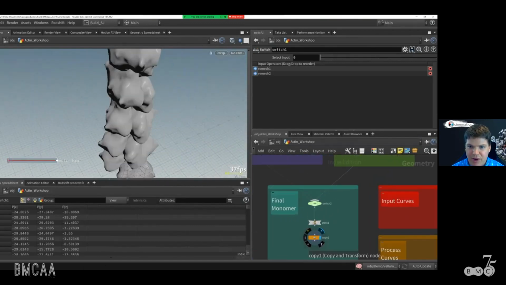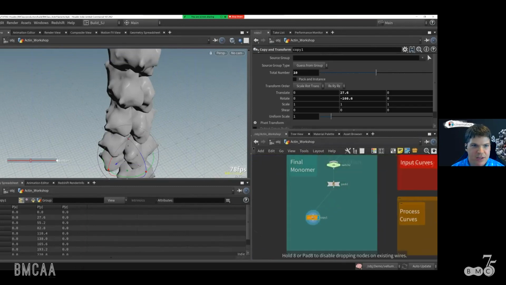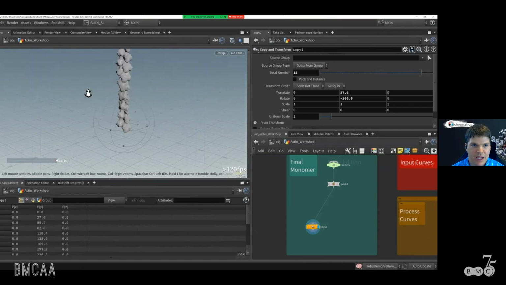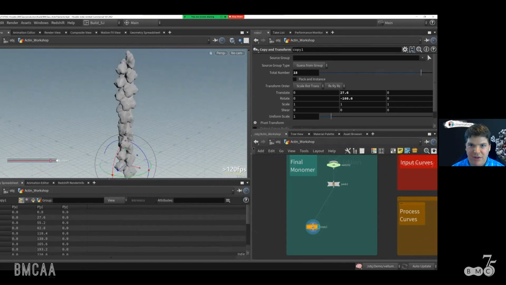Okay, so now that we've got this copy here, and we can make endless copies of that, however many we want, we actually want to do this along a curve instead of just along a straight line. All right, so with our tool, we want to have the user provide an input curve, whatever curve or set of curves that they want to use for that,